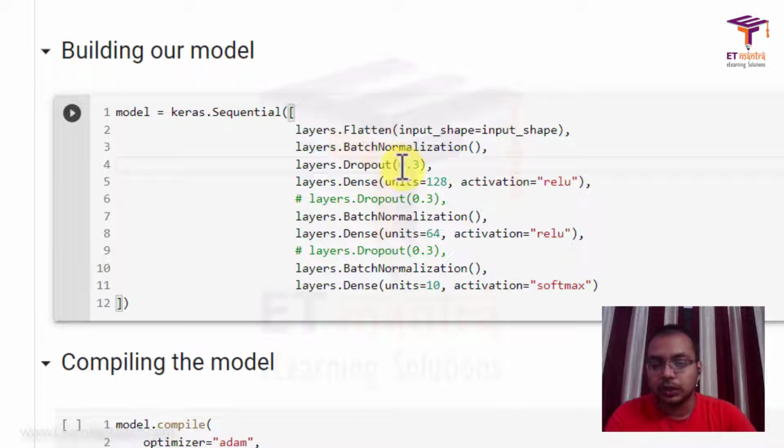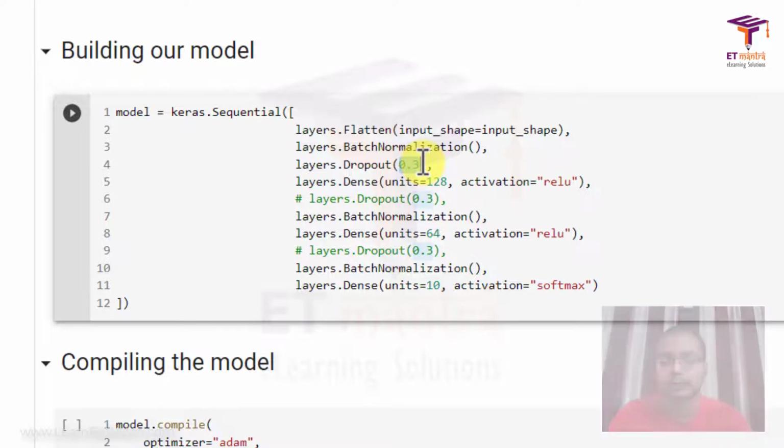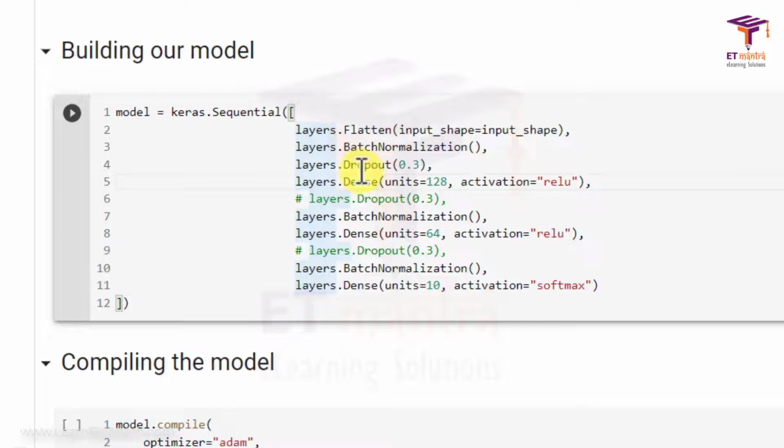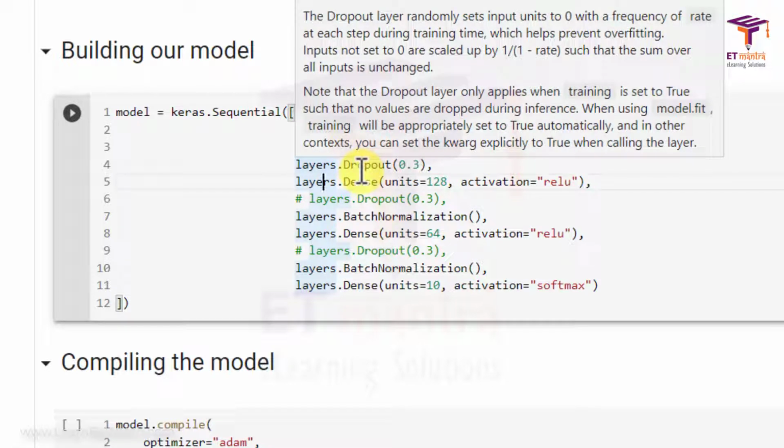So when we do layers.Dropout 0.3, that means that 30% of the connections are not made, and those 30% are chosen randomly. Those 30% of the random connections are just removed. And 30% of the connections are removed for each forward propagation. Like for the first propagation, some random 30% connections are removed.